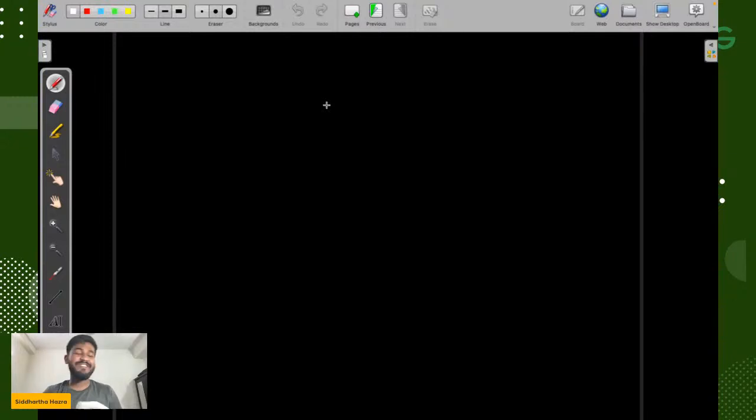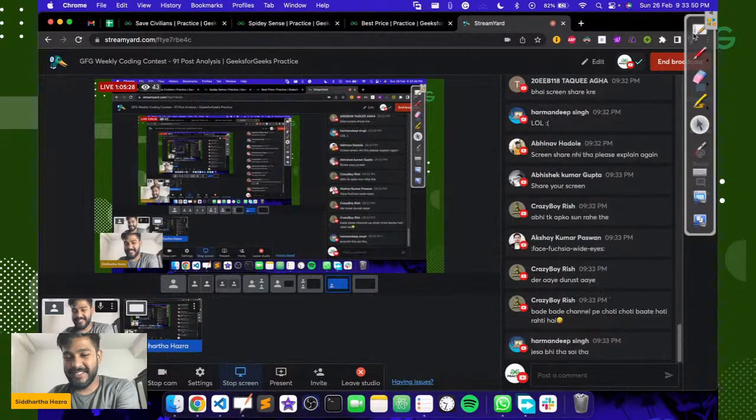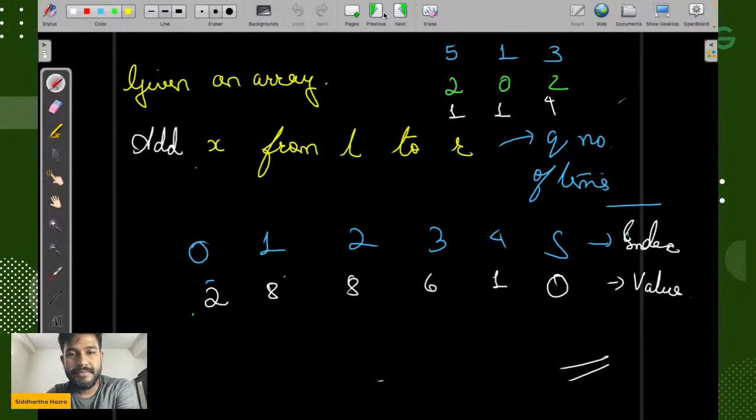Okay. Let's have a restart again. Let's first talk about a thing known as prefix sum. Suppose you are given a question, and in a particular question, you are given a query. The given query is that, given an array,